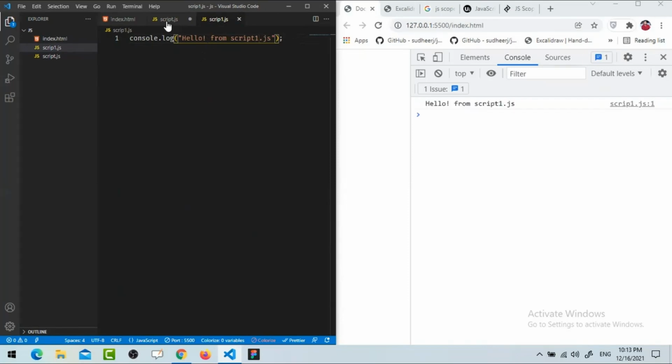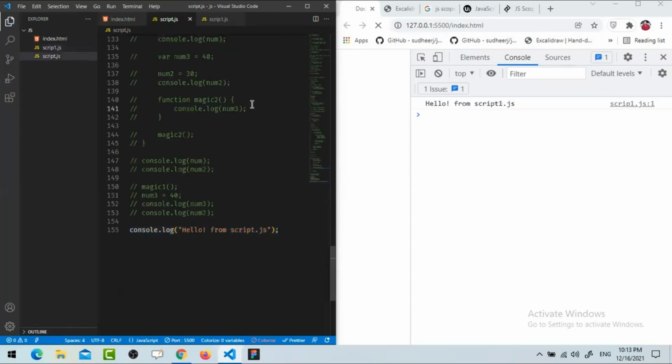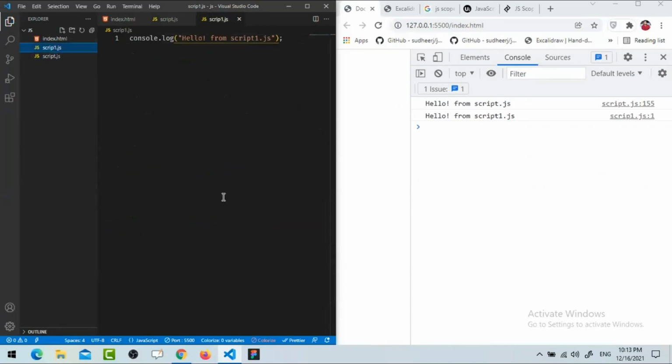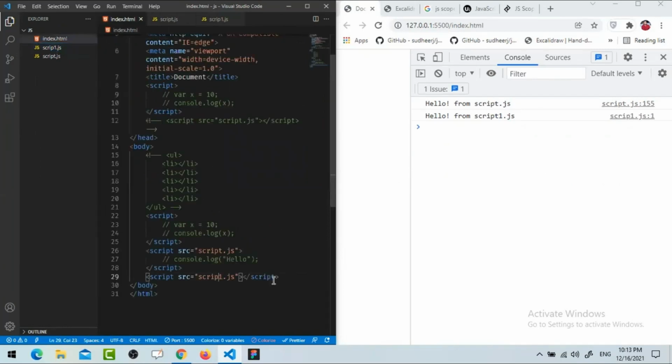Why so? Actually, inside that HTML part, we declare script below that. So order matters actually, isn't it? So if I write here a script one, right now see hello from a script and then hello from a script one. So now if I change the order here, the output will be